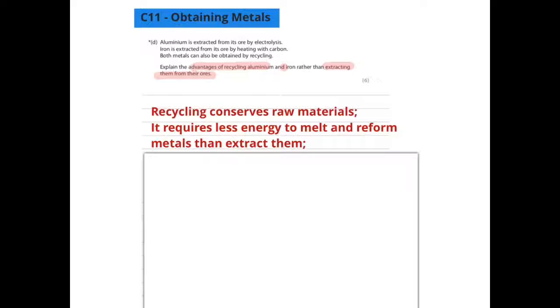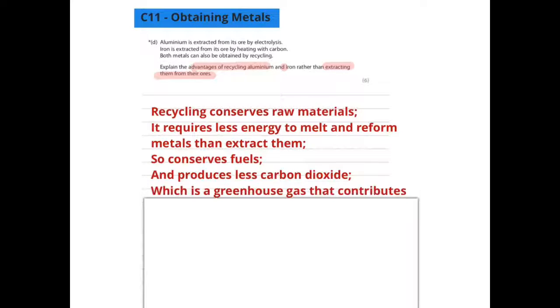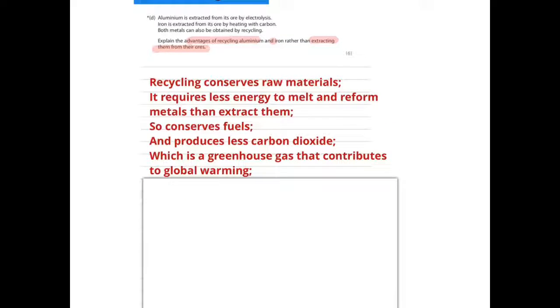So it requires much less energy just to get them from people who put their recycling out, it gets collected, taken somewhere, melted down and reformed. Much less energy. So this will conserve fuel, and it produces less carbon dioxide, which is a greenhouse gas that contributes to global warming. So obviously recycling helps with the whole climate change issue, because as I said, you're not building new roads, you're not creating lots of pollution through destroying natural habitat with machinery, which requires fuels as well,